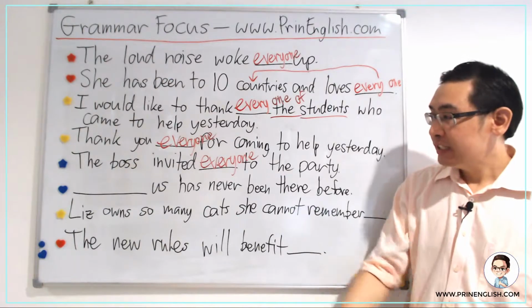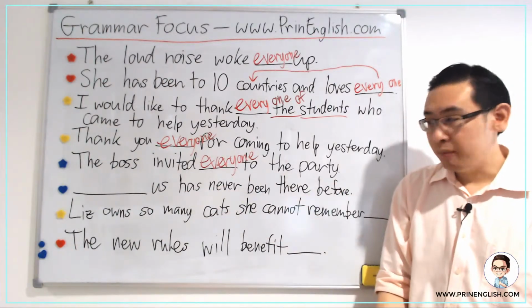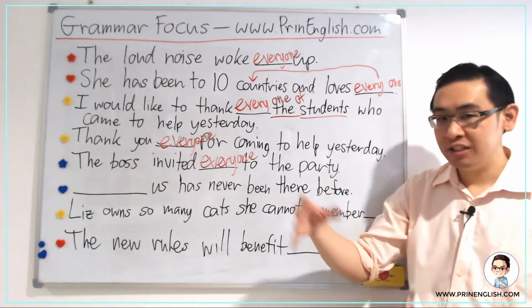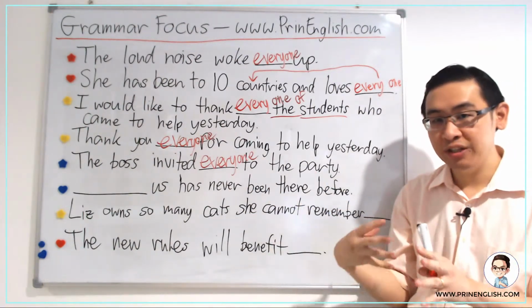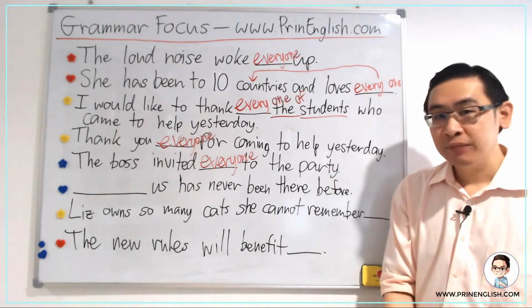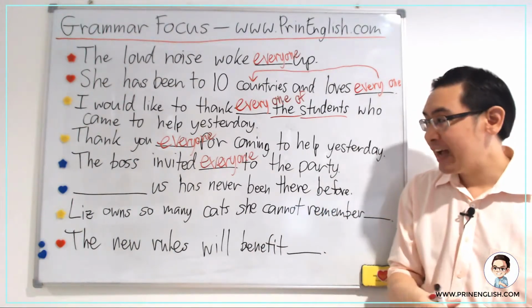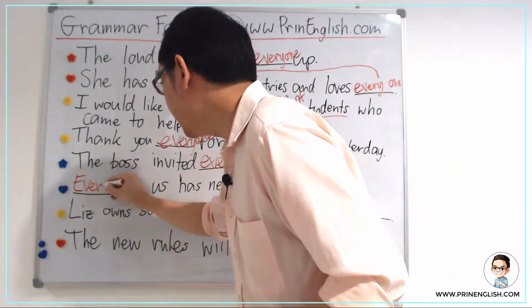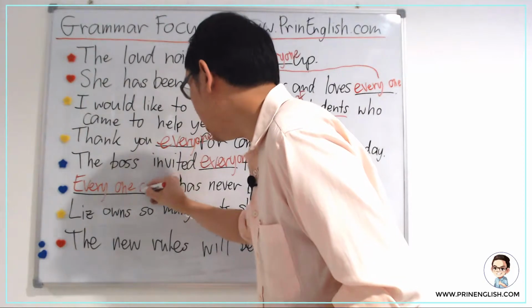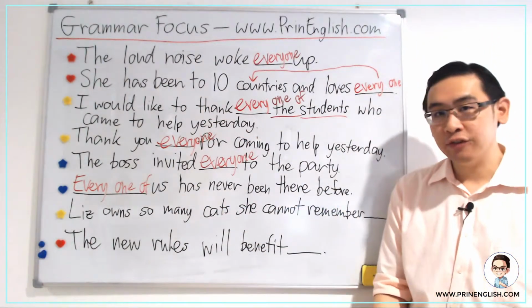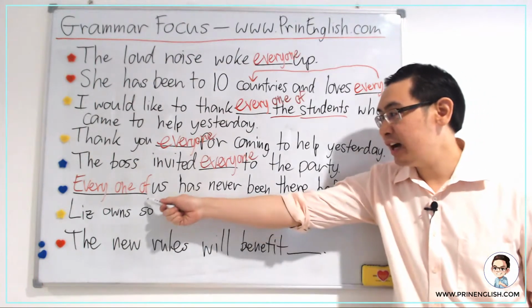Now for the sixth sentence, it begins with a blank and then it says us has never been there before. So us, maybe a group, has never been to a place before, so maybe like everyone in the group. Now what's the correct answer? The correct answer is actually every one of. Now why do we choose every one of? That's because we have us and us is a